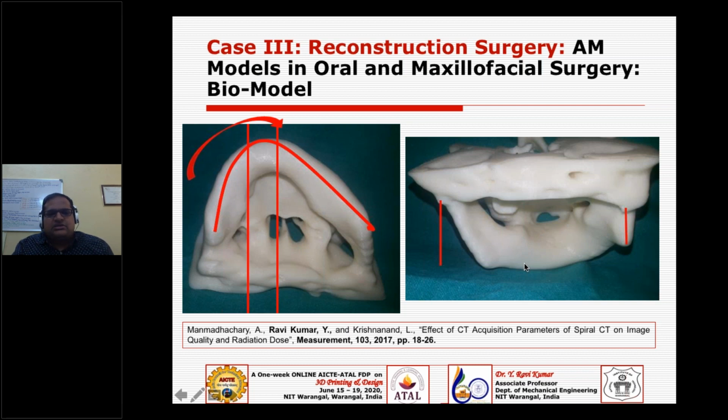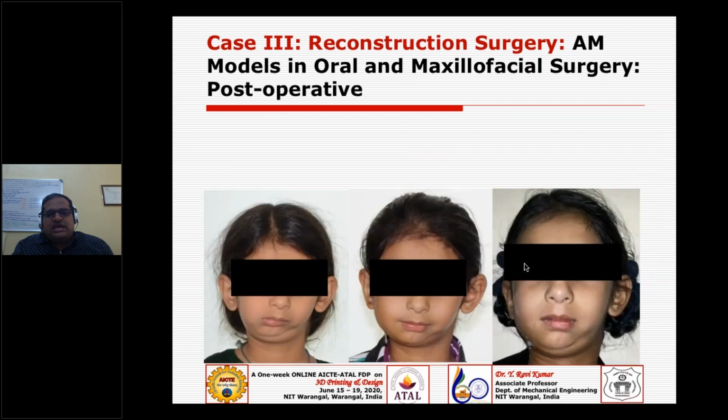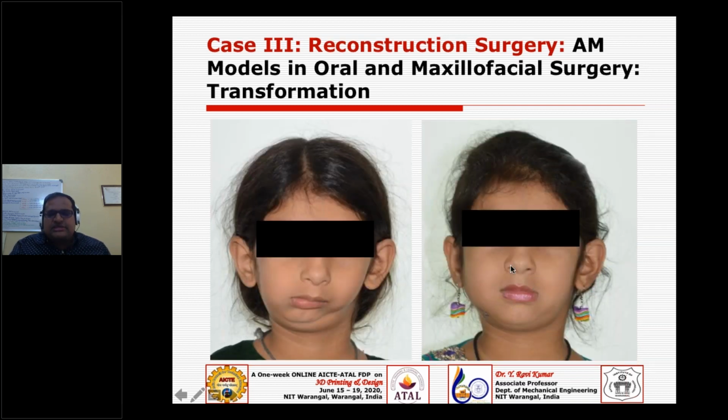That is the task. Then we twist and stretch, and this is where the transformation happens from the initial condition, through the different sittings, and finally we can see the transformation.